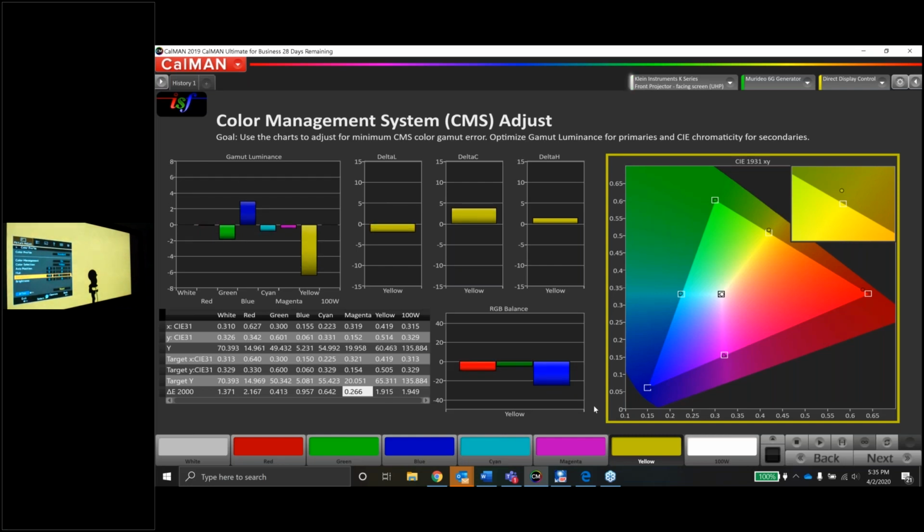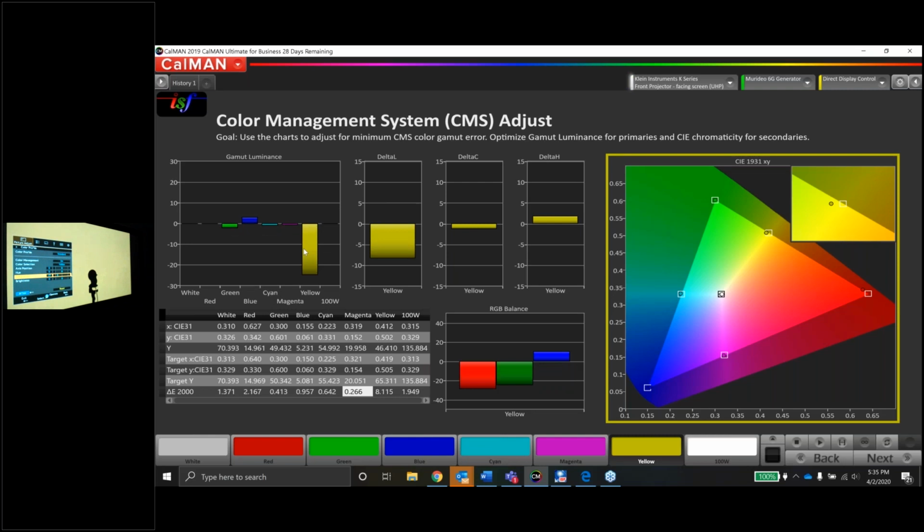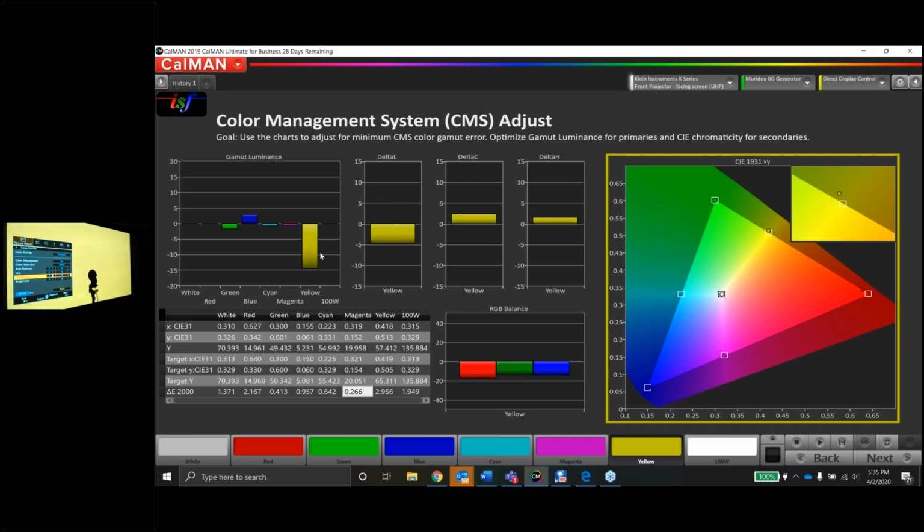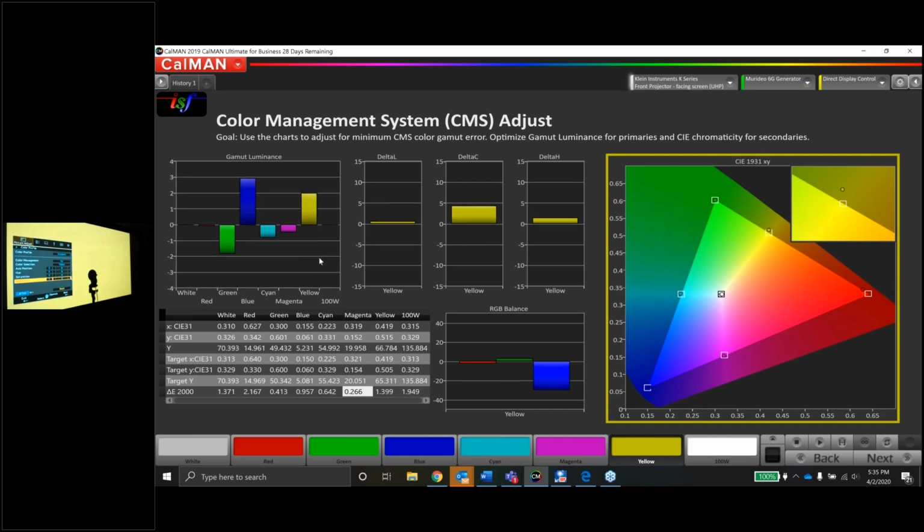If I lower the saturation, look what it's doing to the luminance, guys. It's crushing. So it's going to be behaving like cyan did. So let's get the brightness correct first. And if we do the brightness first, that might help us get everything under control. Actually, wow. Let me raise the brightness. That's going to desaturate yellow naturally. And maybe, just maybe,